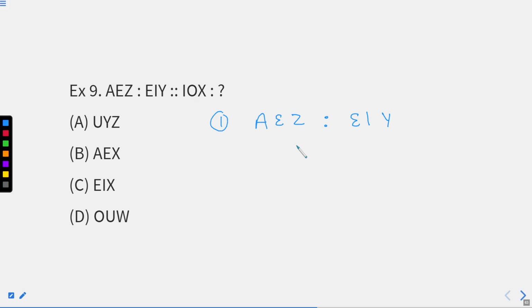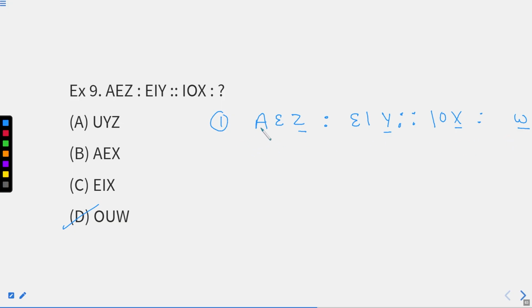Now start thinking on this key. What is this relation? How are A and E related, how are E and I related, or Z and Y? We know that Z is the last term and Y is before that. And we are seeing an X here as well. If we write this like this, I, O, X, it means the last term is Z, before it is Y, before that is X. Before that is W, so we need a W right here. We can see that W is only in option number D. This is one of the logics through which we can find this.